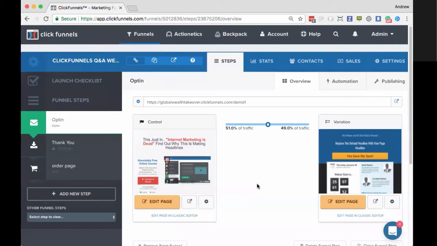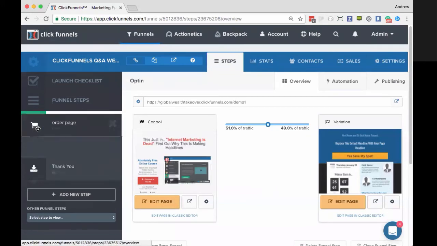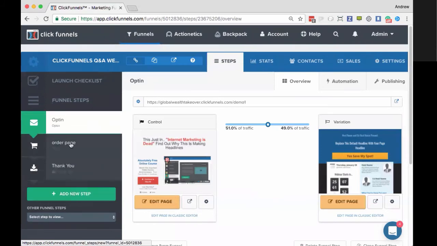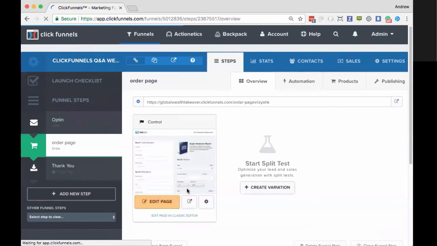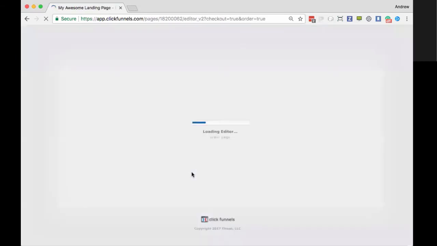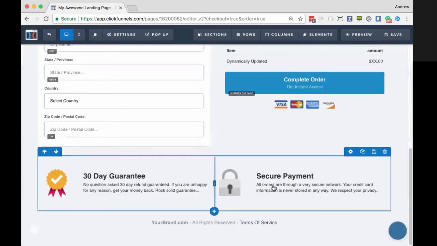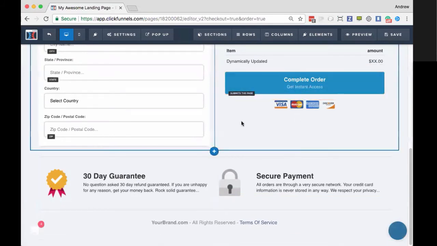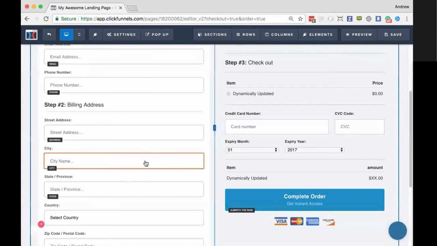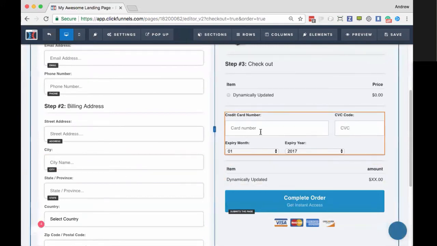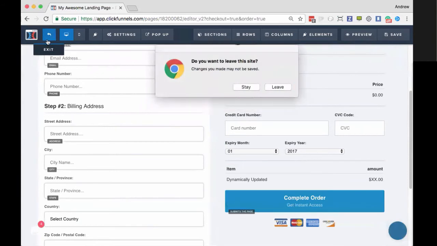So what you would need to do, first off, is here on your order page. So basically, we're going to put that in the middle of the funnel. Here on the order page, what we want to do is just basically add a button, right? And this button is going to say check out with PayPal or whatever it might be. You can add that right under here, like you see it on most websites. In this case, this page is actually going to function normally, just like it would on a regular credit card. They can put their information in there, or they can get that little warm and fuzzy feeling like we all